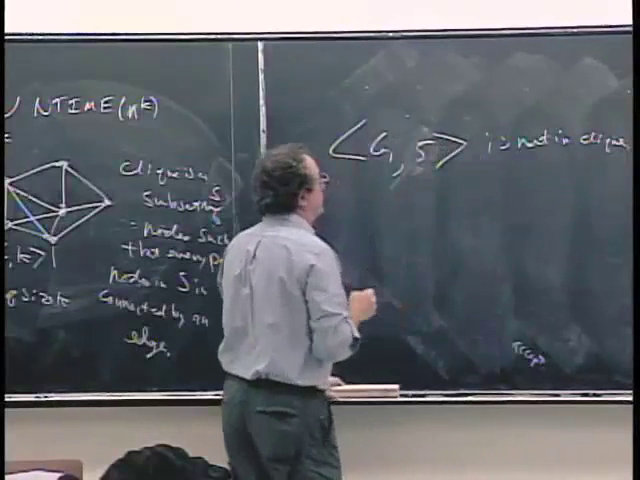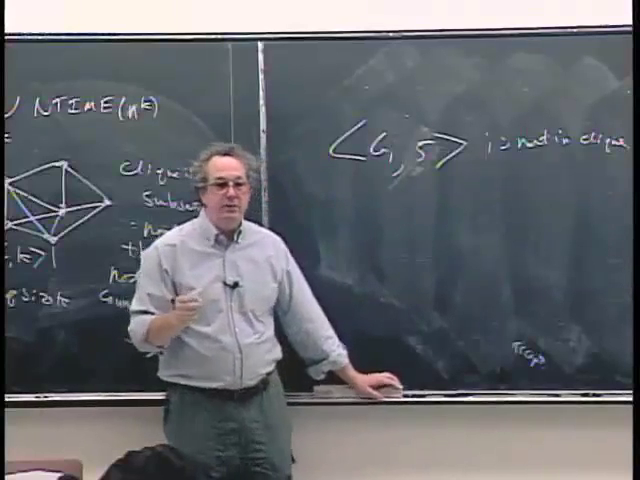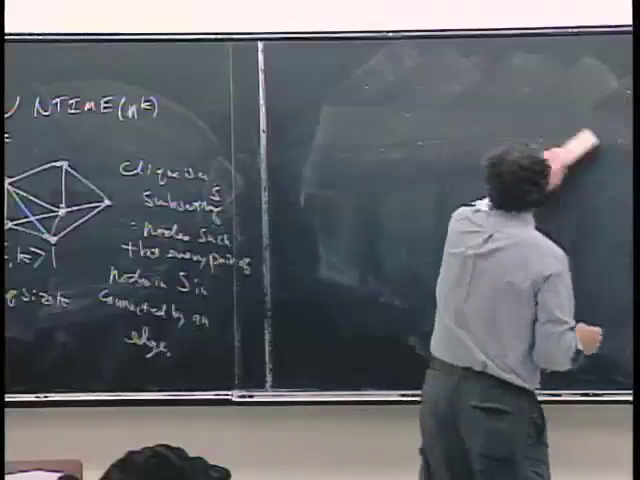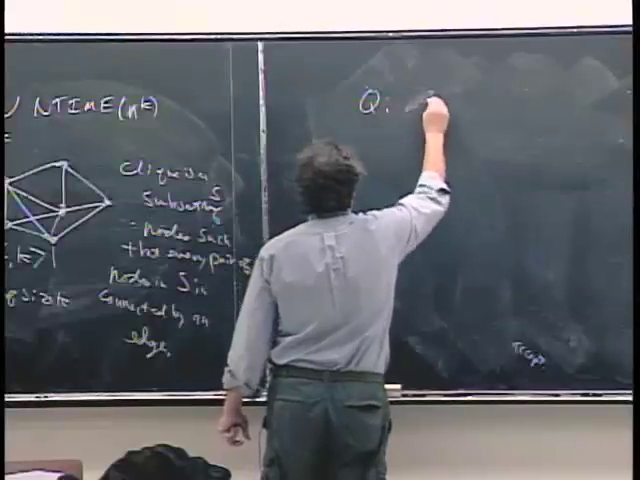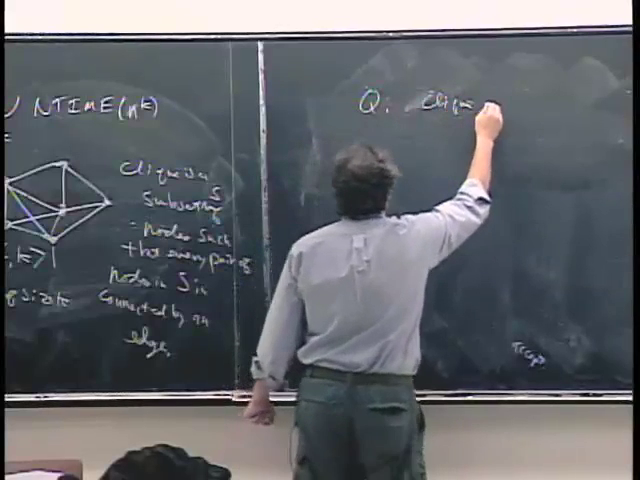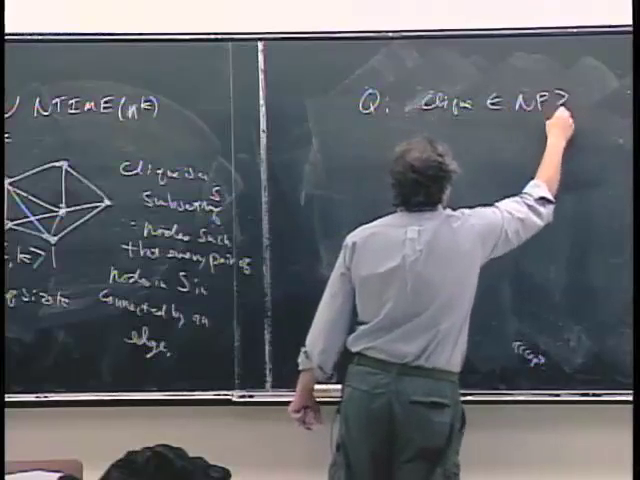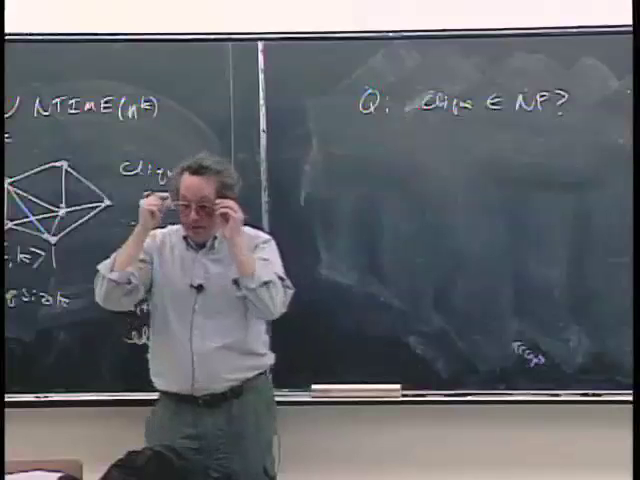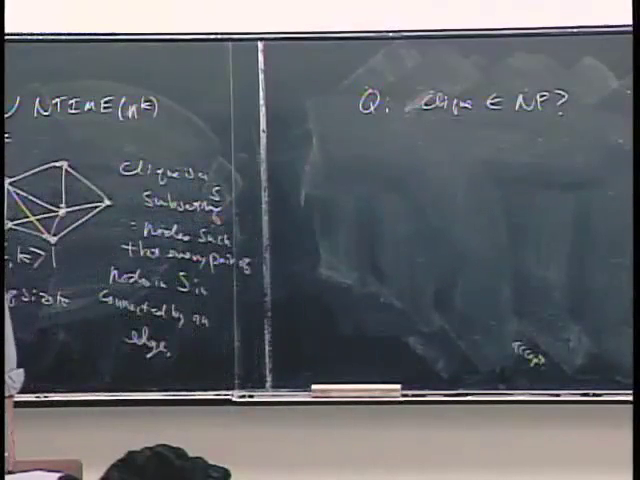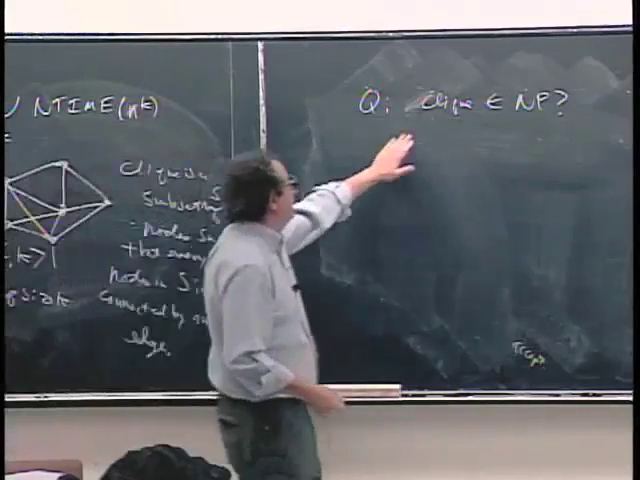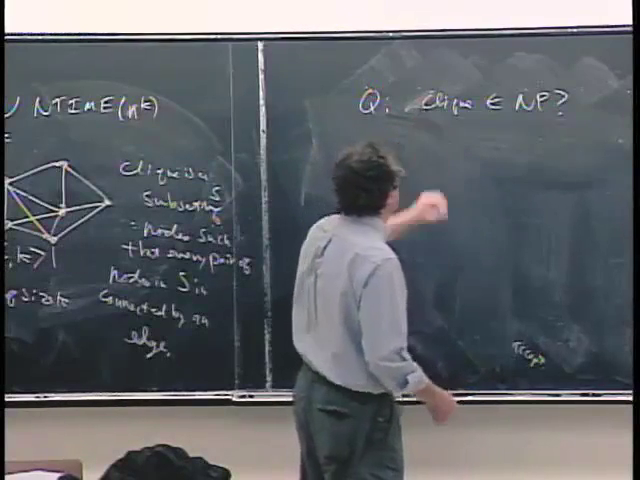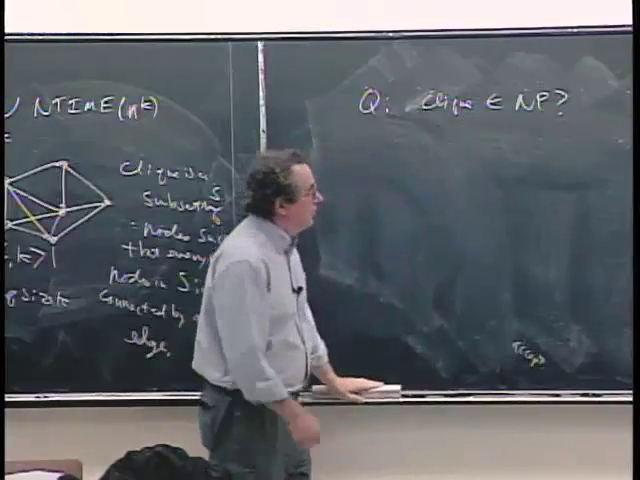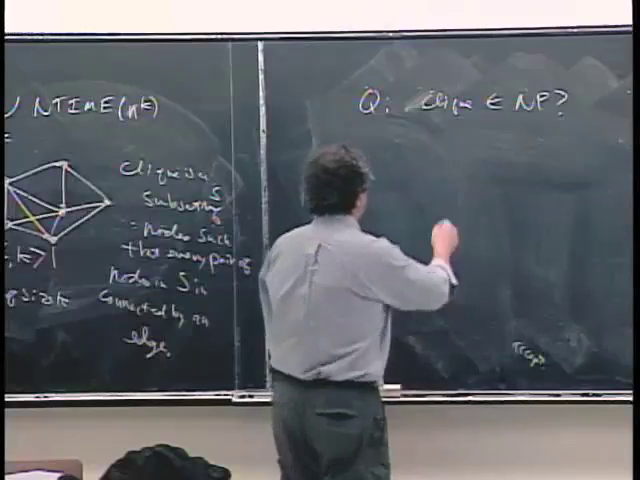Okay, so we have this language clique, and we can ask whether that language is in NP. Is it contained in NP or not? Well, we have 2 ways of thinking about this, because we have 2 definitions for NP and they're equivalent. So, do you have a non-deterministic polynomial time decider for clique, or the equivalent way is there a polynomial time